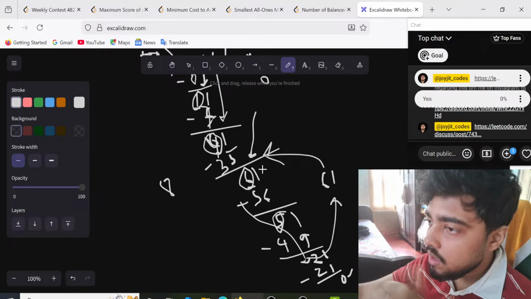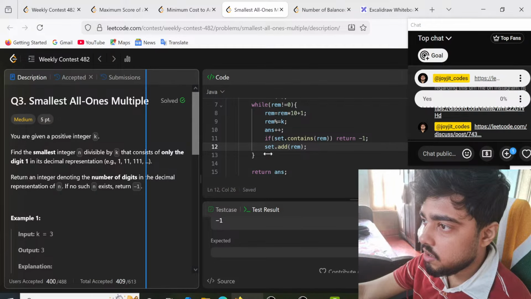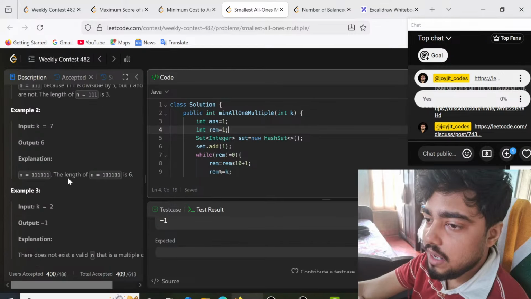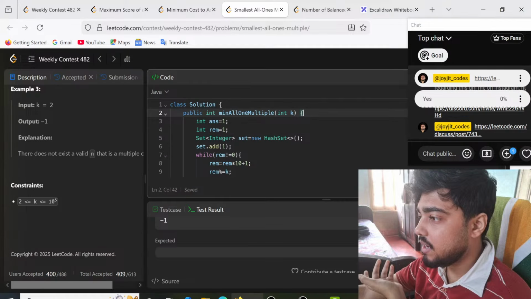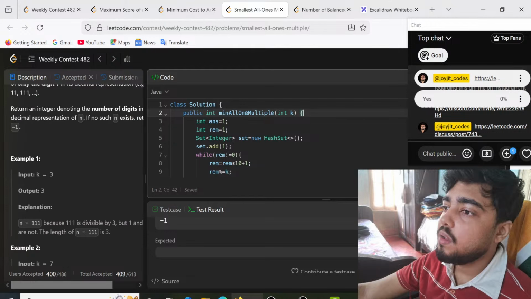Now the point is, how to keep track of this? You can keep track of this using a set. A set is the best thing to do. So let's go through the implementation of it. Answer is equal to 1, remainder is equal to 1. Initially remainder is 1, you have to consider that. Why is it 1? Because it was given that k starts from 2. If k was starting from 1, then obviously we could have given a base condition, that is, if it is 1 then return 1. That is a different thing overall. So now answer is 1, remainder is 1. We have already got the 1.